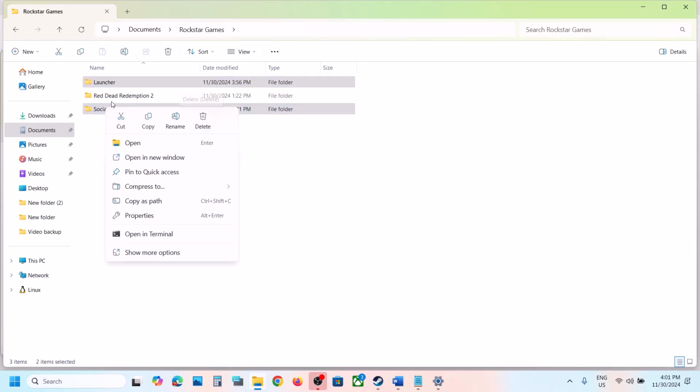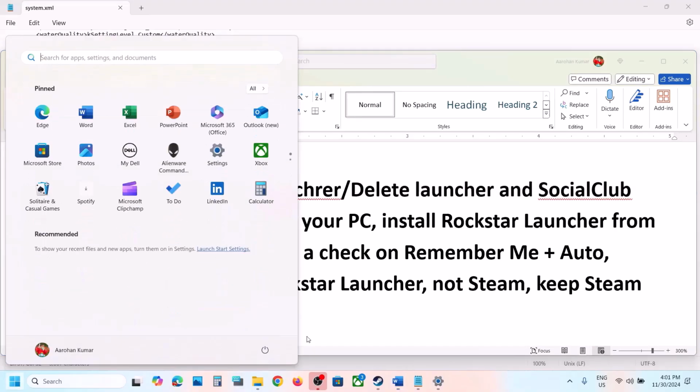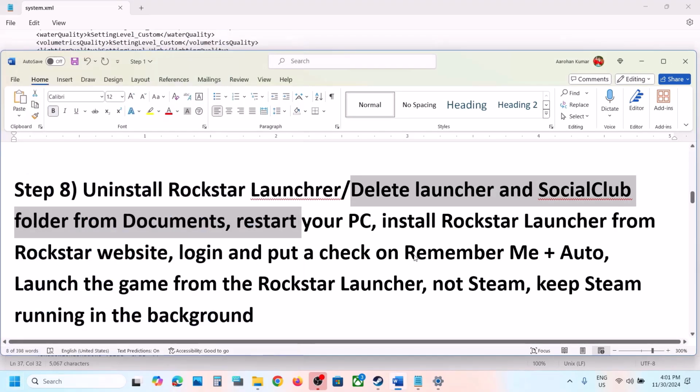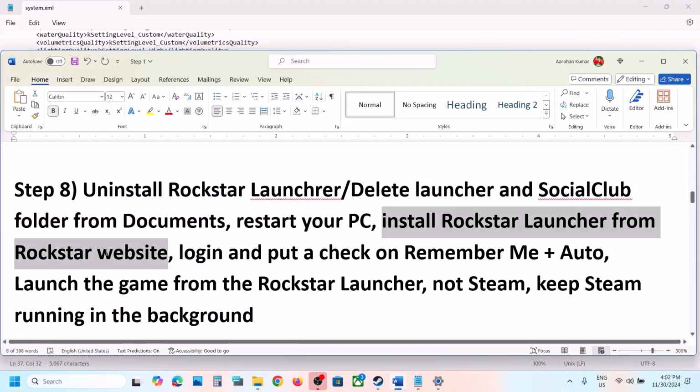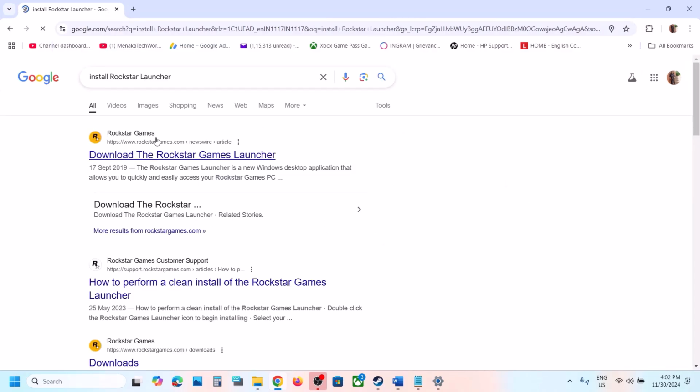If you want to create a backup, you can copy this file and save it to the desktop. Once you have a backup, you can delete it. Once it is deleted, now restart your computer, and after the system restarts you can install Rockstar Launcher from the Rockstar website. So you can just go to the Rockstar website, search in Google, and download the Rockstar Games Launcher,